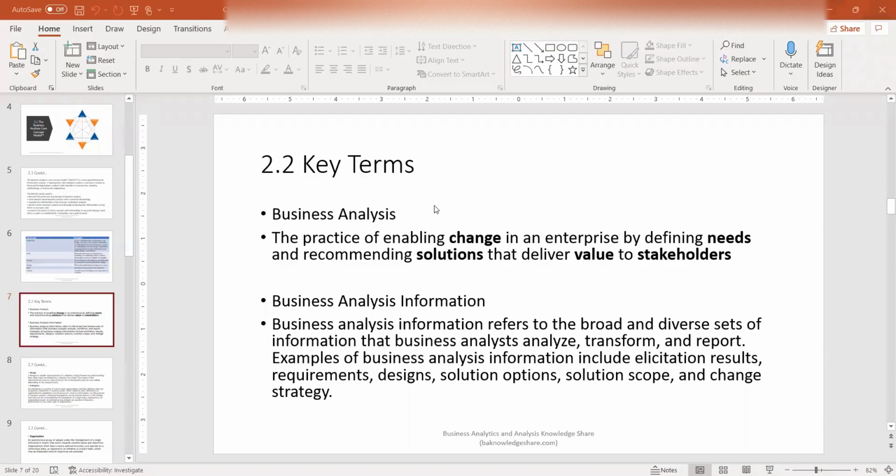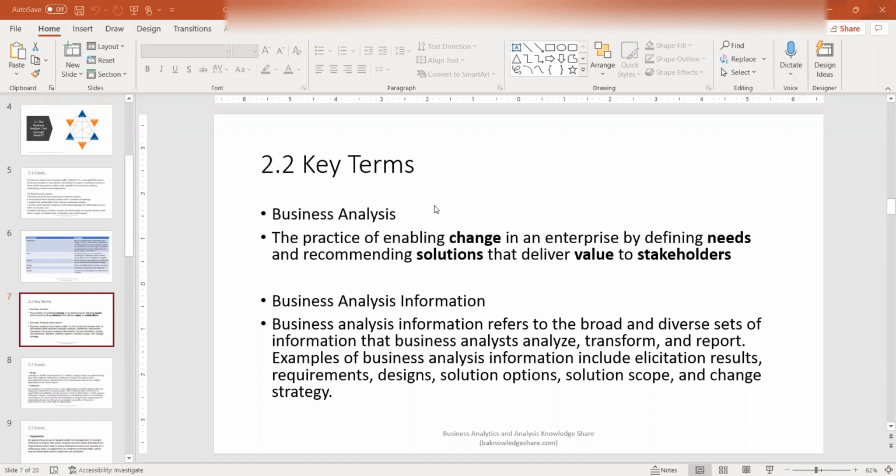Key terms. There's a couple of key terms that are important in the BABOK Guide. Number one is business analysis. We went through the definition in Chapter 1, but this is a more formal definition. Business analysis is the practice of enabling change in an enterprise by defining needs and recommending solutions that deliver value